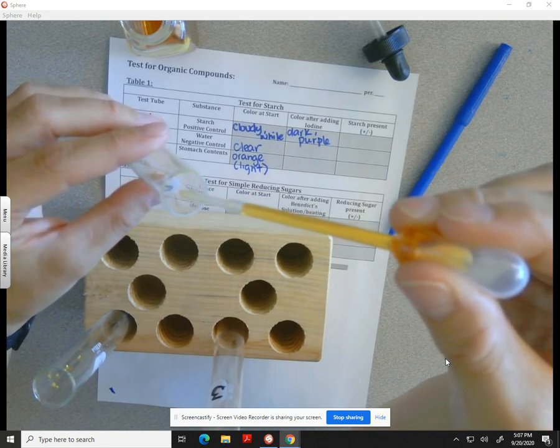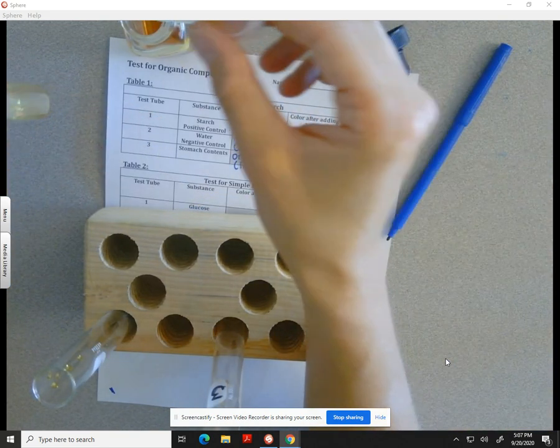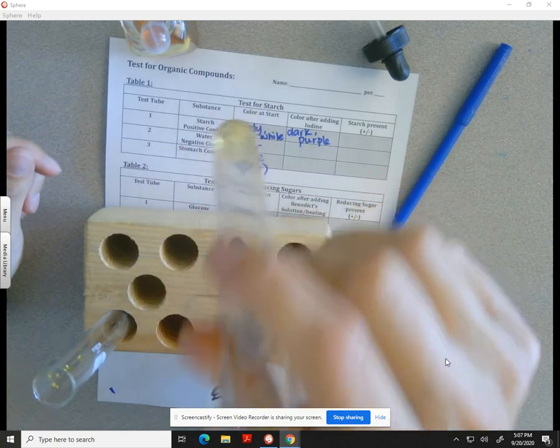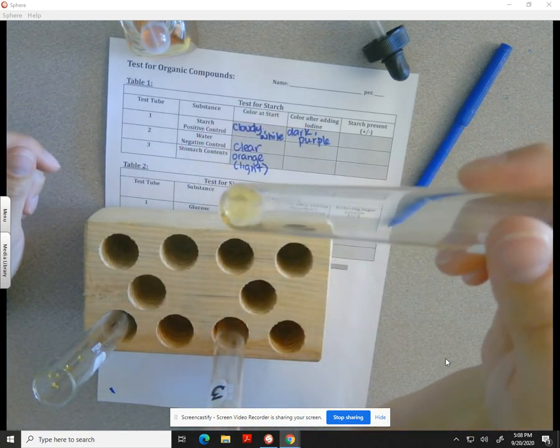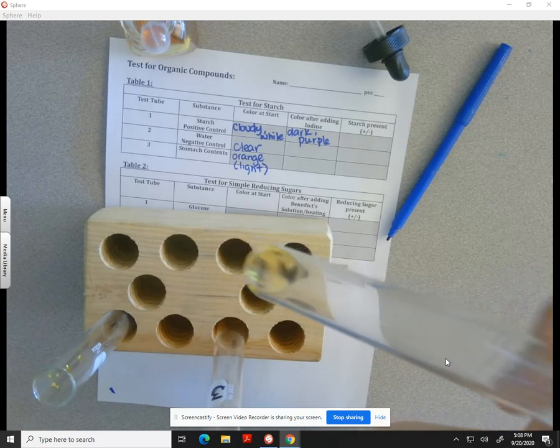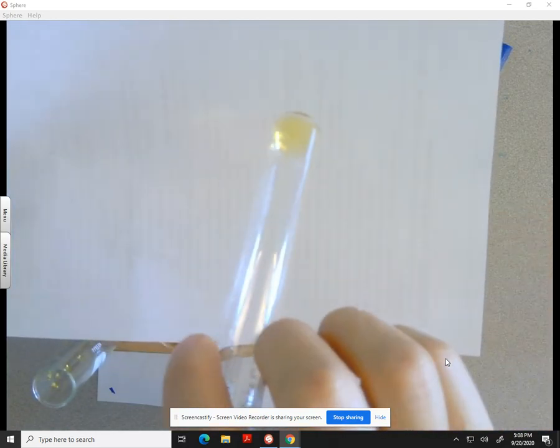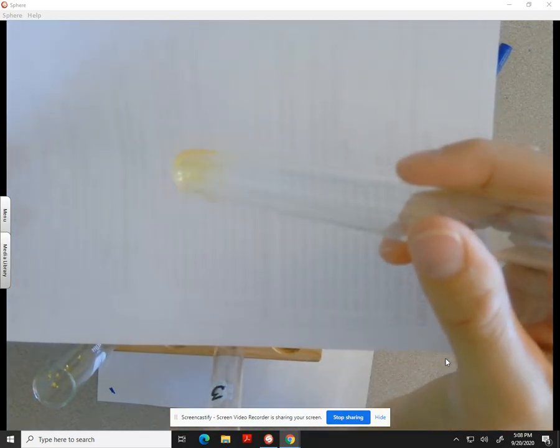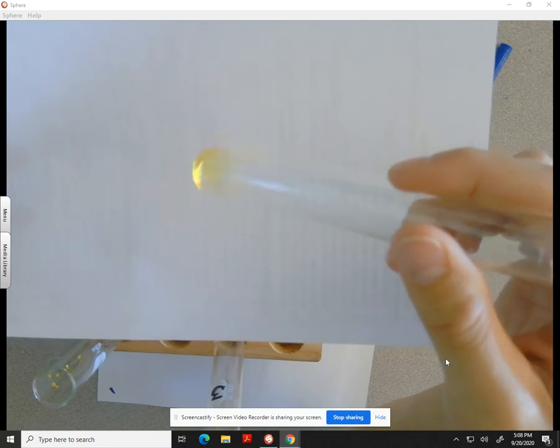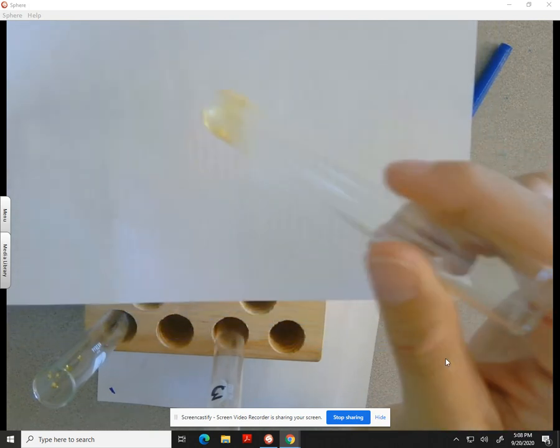1, 2, and 3. Come on, there we go. And then I'm going to go ahead and swirl this around, see if there's a color change. And as you guys can see, and once again, I'll put that white backdrop on, it definitely went from a clear watercolor to this yellowish color, but I wouldn't say that that is a chemical reaction, because as you can see,